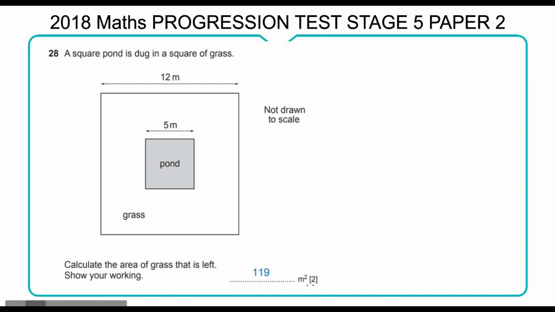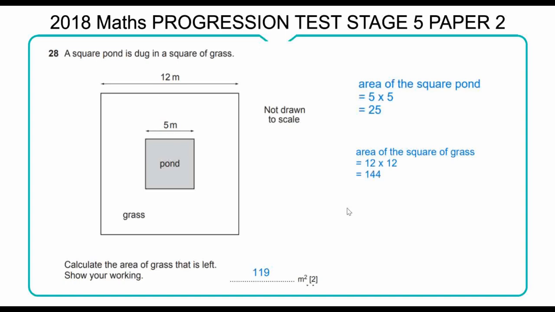How do we get that? First, area of square pond is 5 times 5. Squares always have the same length. 5 times 5 is 25. And the area of a square of grass, this is the big square, is 12 by 12, which is 144. And next, the area of grass left is 144 minus 25, that is 119. Next,